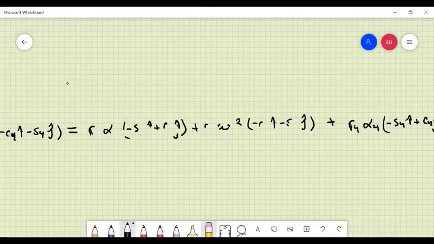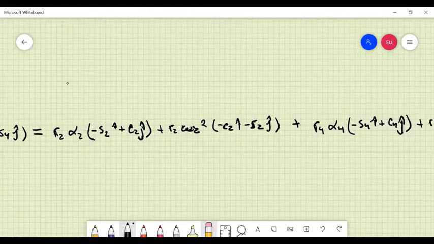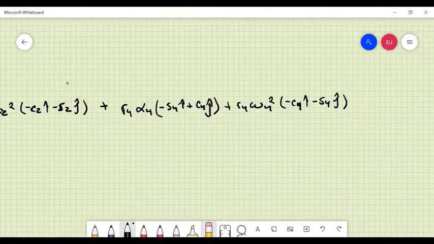So this is R2, omega 2, sine of theta 2. This one was cosine. Yeah, cosine of theta 2. R2, omega 2, cosine of theta 2, sine of theta 2. And all these have to be for R3. So,